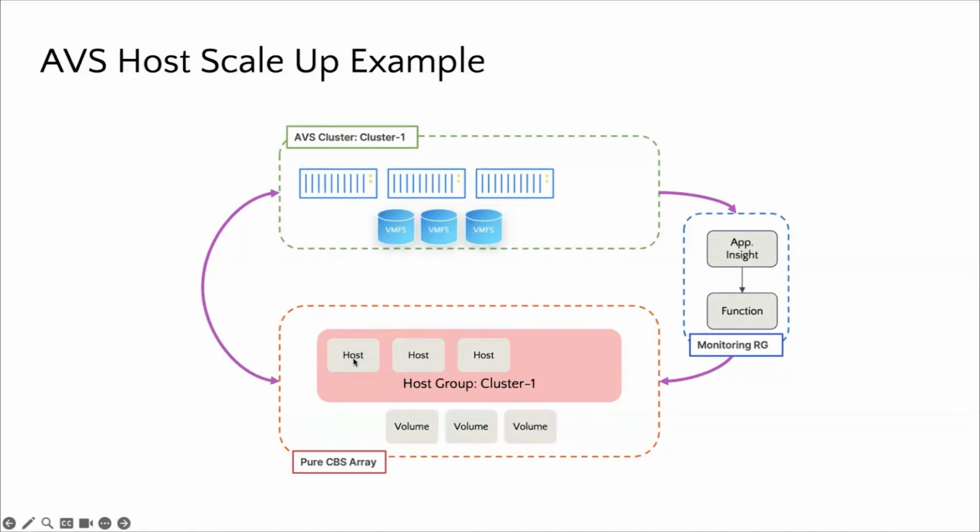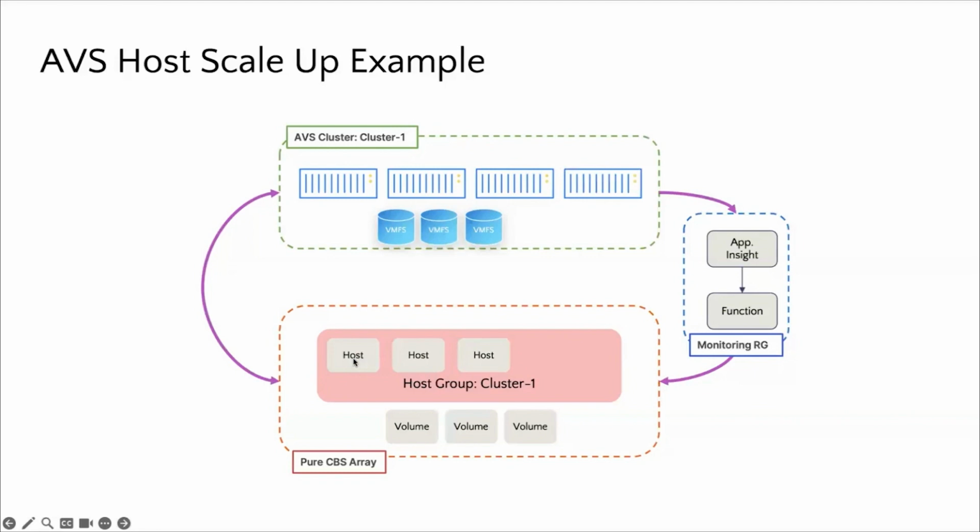Those volumes are connected to the 3 nodes. Each one of those nodes or hosts has a host object from the array side. All of those host objects are within a host group. It's going to be called cluster 1, similar to what we're calling the EVS cluster. If you will be adding a new node, then